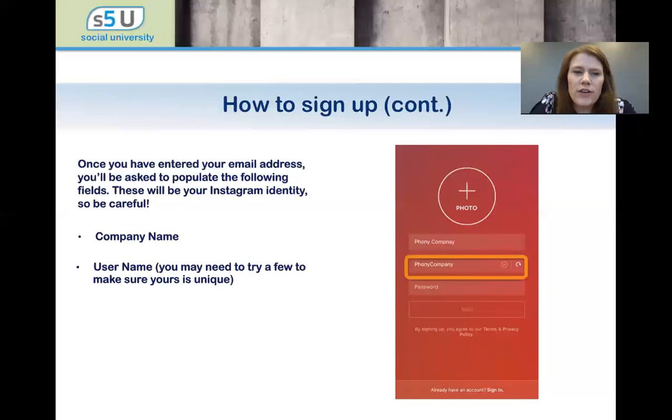This next one gets a little trickier, though. You want to do the username that you're going to be using. This is kind of the handle that you're going to be known by on Instagram. Right? And this can be kind of hard. When I was creating this account, I tried to do fake company, just because this is a fake account that I was creating, and that was taken. So I had to play around a little bit and finally ended up with phony company because no one had used that one yet. And you'll see over here on the little thing where you're putting in your name, if that isn't used yet, you'll get that little check mark next to your name.